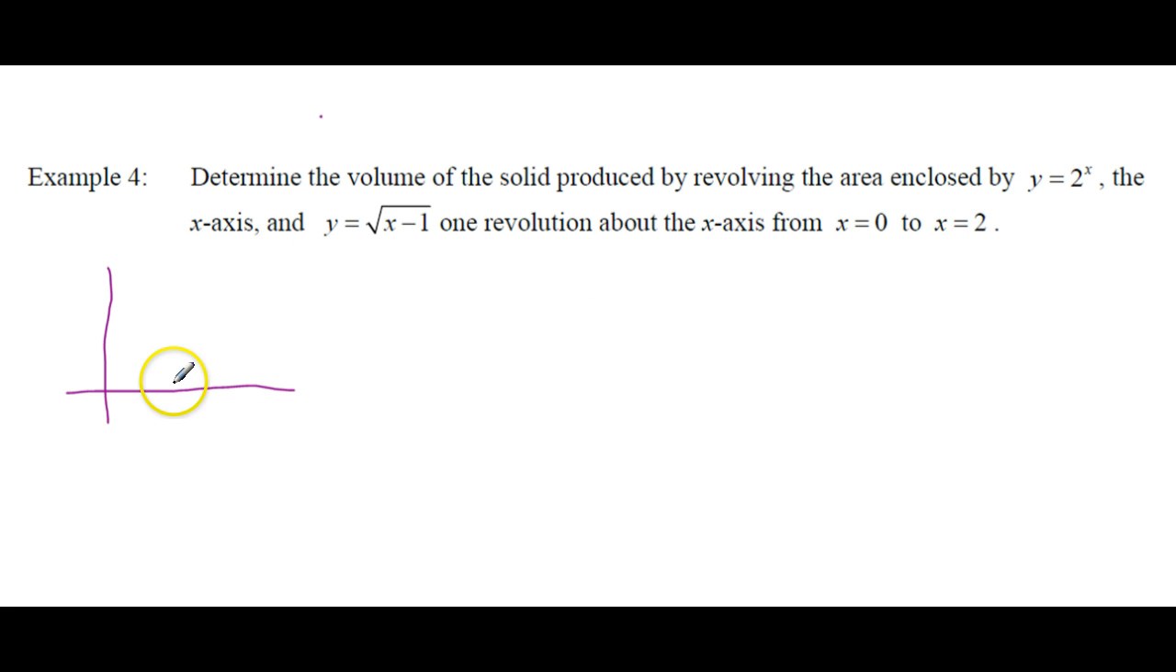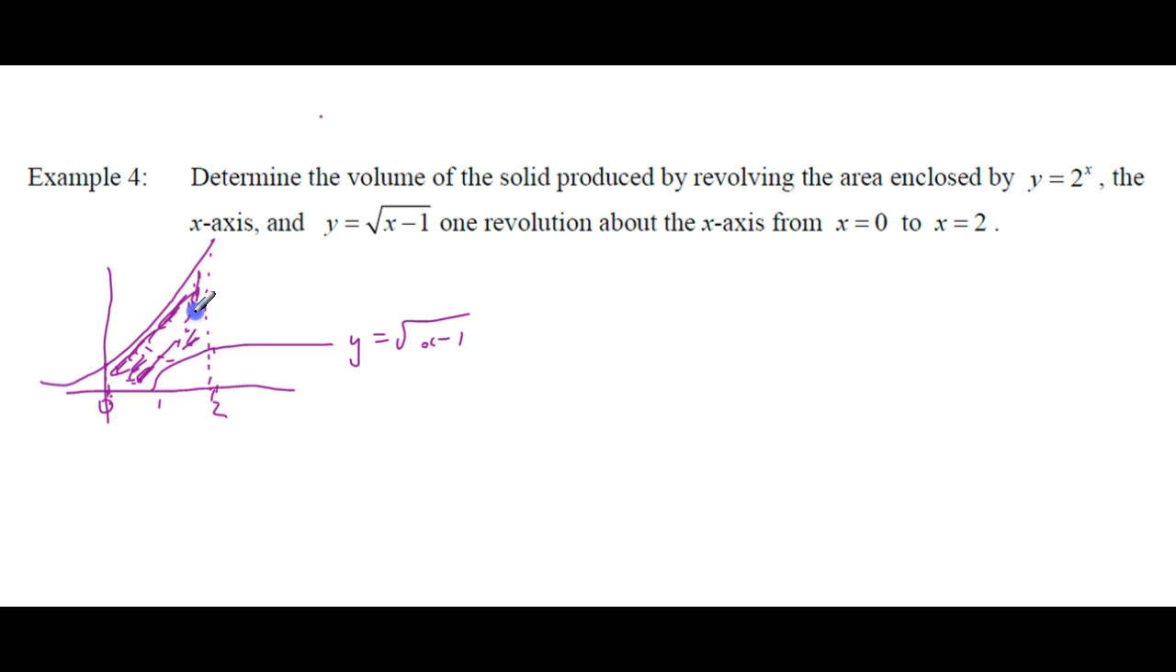So y equals the root of x minus 1 is the square root of x, but shifted 1 unit to the right. So that'll look something like this. And this will be 1, and there's 0. And then 2 to the x, just your basic exponential function, is going to do this. And so we'll call this 2. And there's 0. So from 0 to 2, it's this area here,